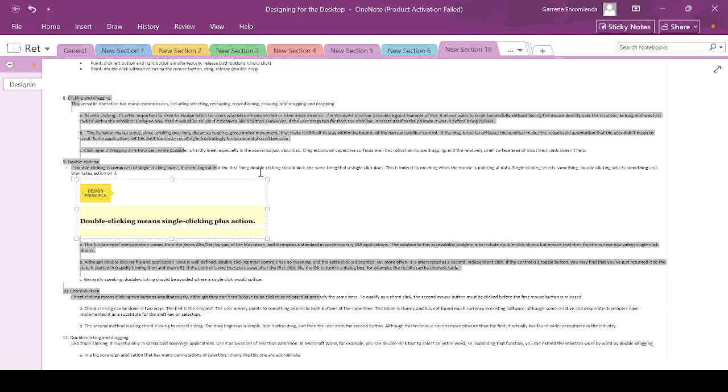Clicking and dragging on a trackpad, while possible, is hardly ideal, especially in the scenario just described. Drag actions on capacitive surfaces aren't as robust as mouse dragging, and the relatively small surface area of most trackpads doesn't help. So clicking is not as robust as with a mouse, which we usually use on a desktop or laptop. That's why a trackpad provides less exercise. Even though we already have a trackpad, we still use a mouse because that's the right tool for the